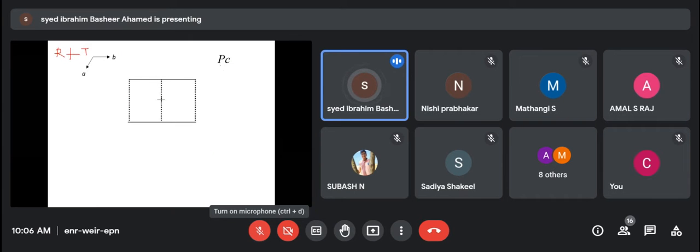So here we are seeing PC glide. This is A axis, this is B axis. So here the glide plane is perpendicular to B. So what will I get? You have the molecule here, XYZ, half unit translated along Z axis. The sign for Y will change, Y bar, because this is perpendicular to B axis. Is it clear?